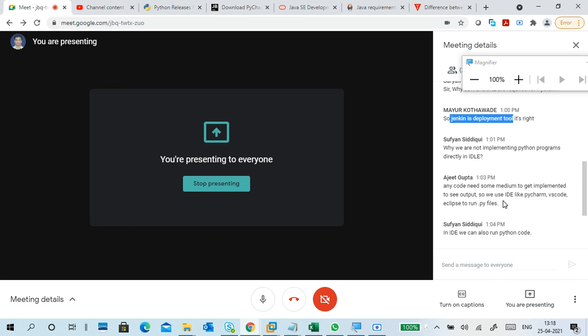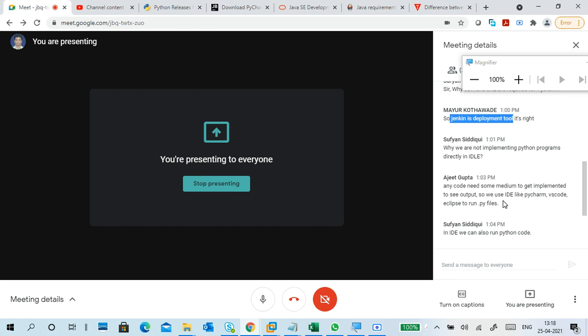Any code needs some medium to be implemented to see the output. We use IDEs like PyCharm, VS Code, Eclipse. If you want to run Python, you don't require PyCharm alone. Any code editor is fine, like Eclipse, Visual Studio Code, Apache NetBeans.